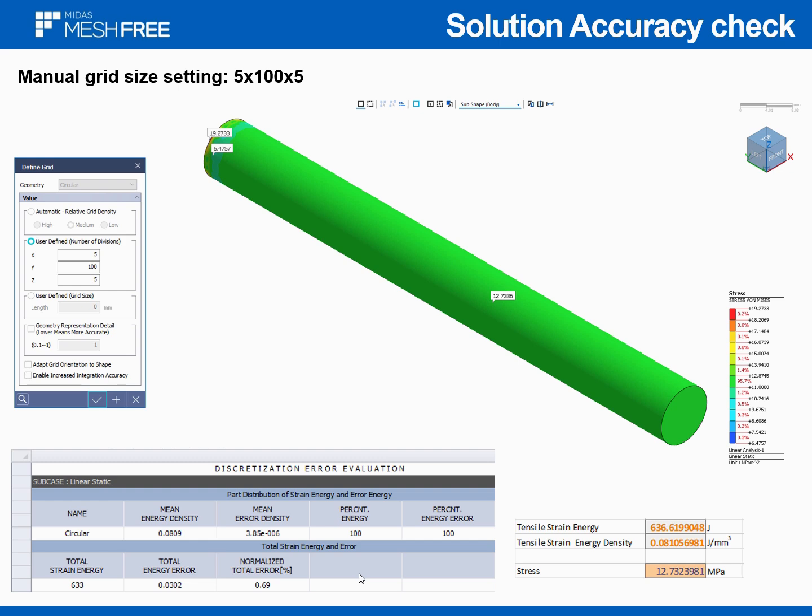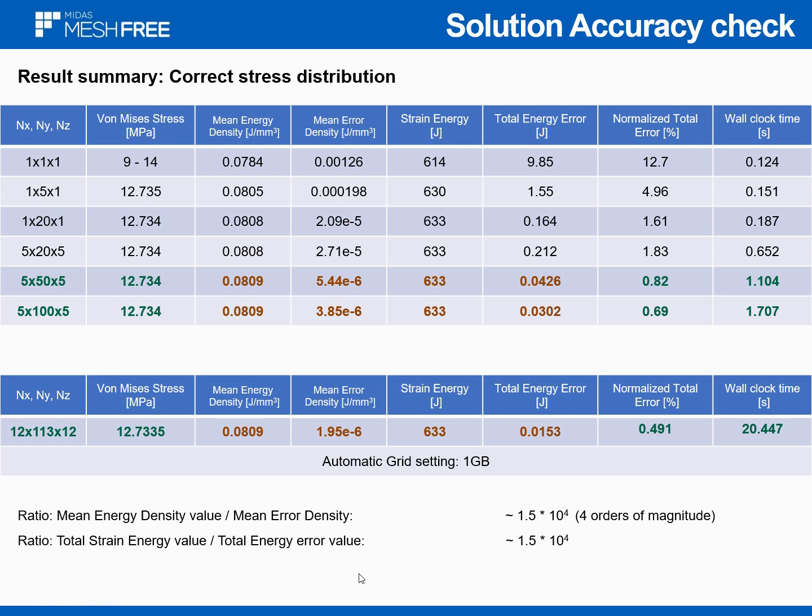So what do we have? Let's look at the next slide and compare all of those results. We can see together that von Mises stress, starting from the second example, was the same, but the stress distribution was not correct. The stress distribution started to look correct in the last two examples, 5 per 5 per 5 and 5 per 100 per 5. For those two models, we got correct stress distribution as well as